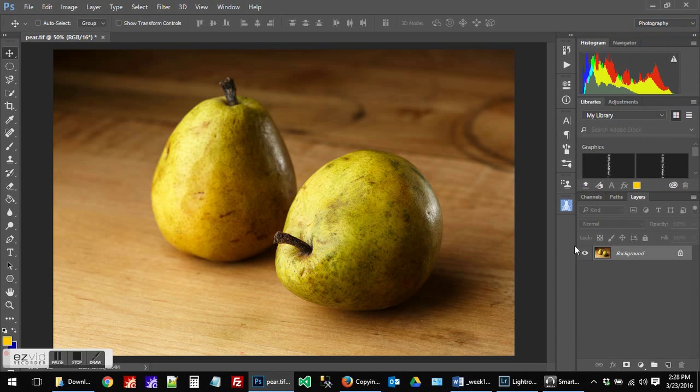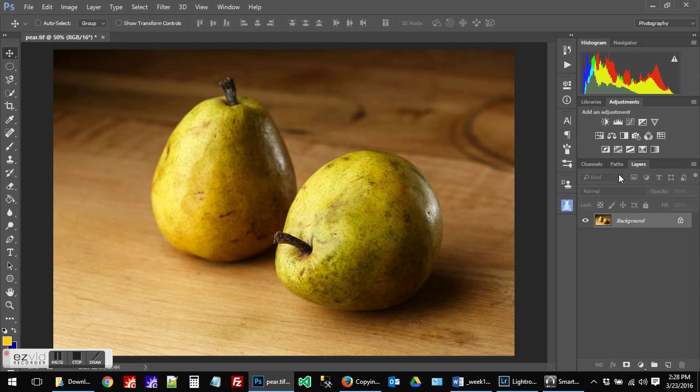Let's select Photography. The photography layout has some panels commonly used for photo editing. We have the histogram, the adjustments panel, and the all-important layers panel. To the left of that are some other tools that are easily accessible to us. I have different tools than you will have by default. On the left-hand side are all of the most common tools, and we'll use a few of these throughout the